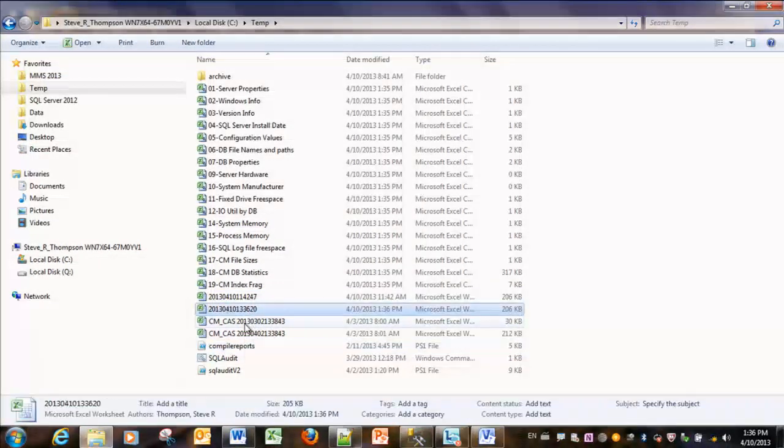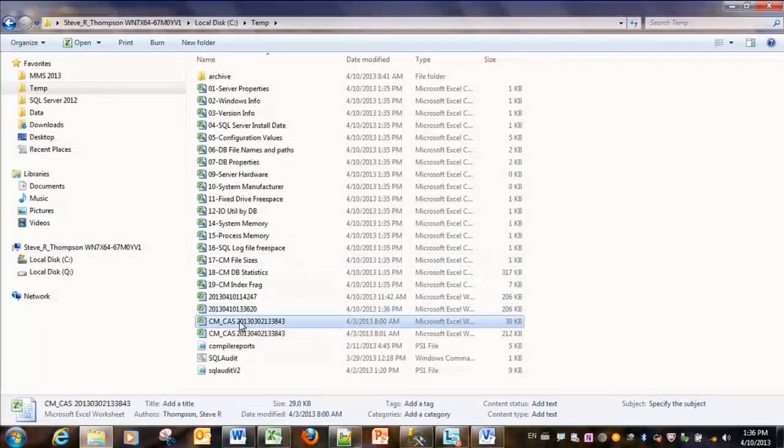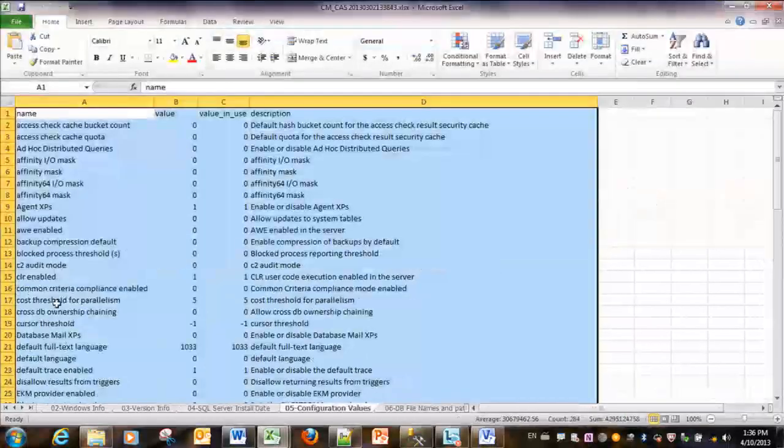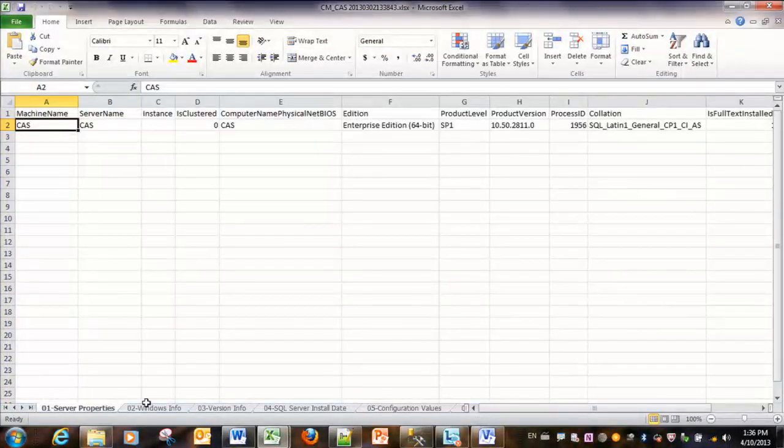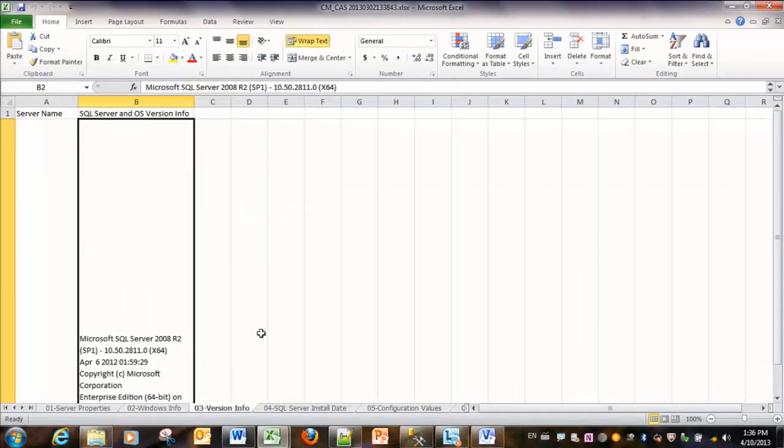There. So if I open this up, you'll see it brings back the information about my computer. What I want to do is, so you understand how it runs, I'm going to show you. This came from our CIS server. I've changed the name of the server to protect it. But anyway, it's running Standard Enterprise Edition. It brings back the service pack information, version info about the server, along with particulars, so that way I can